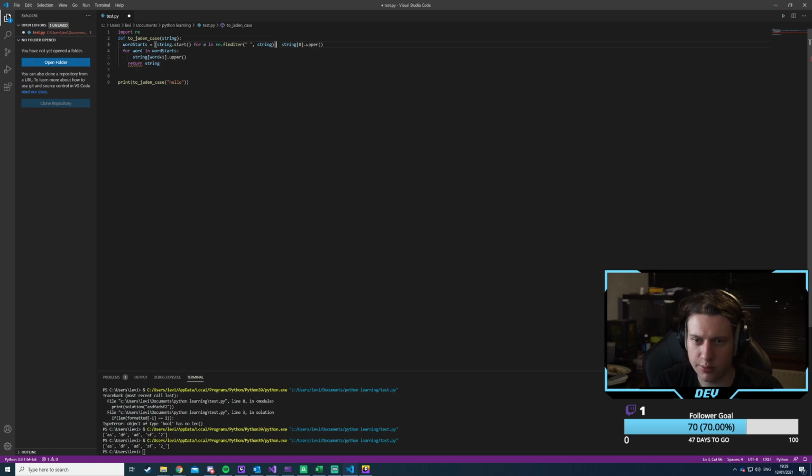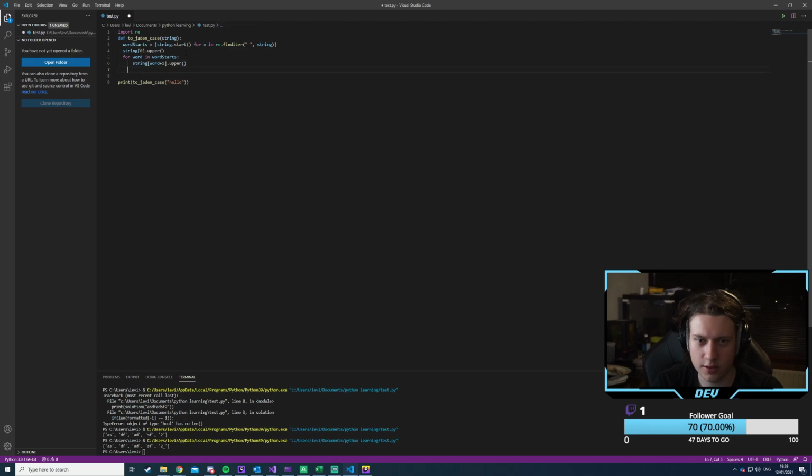I really hate the spacing thing in Python. All right. Is this now okay? No, it still isn't. Okay, let's just manually fix this indenting.